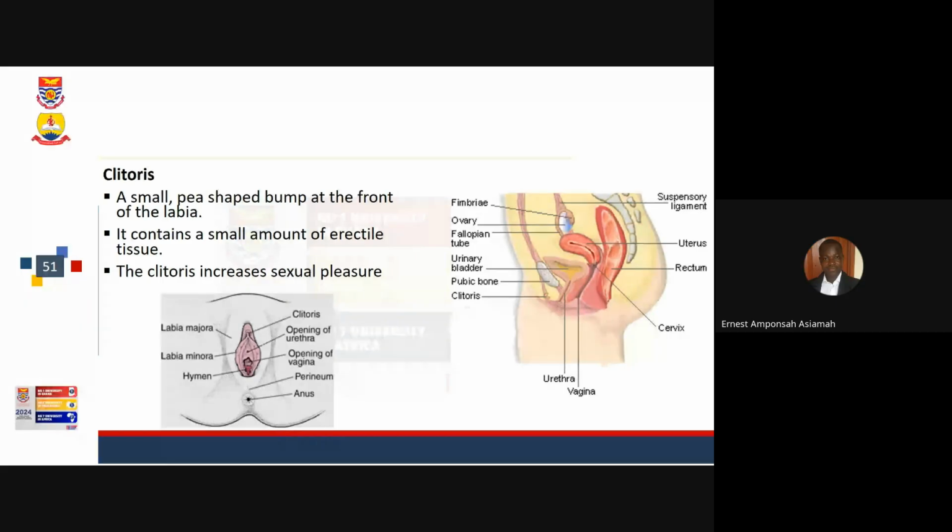But some people introduce certain things, I've forgotten the name, in the form of soap. What will be the effects if these soapy substances are introduced into the place? It will definitely increase the pH level there, and that is going to be a disadvantage, a problem for the female.